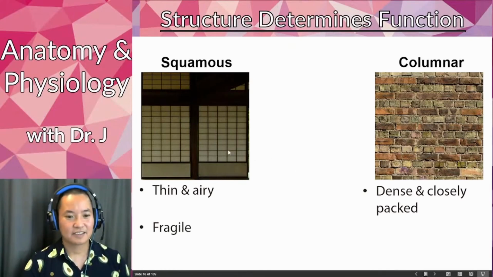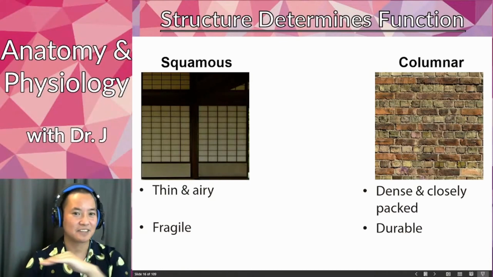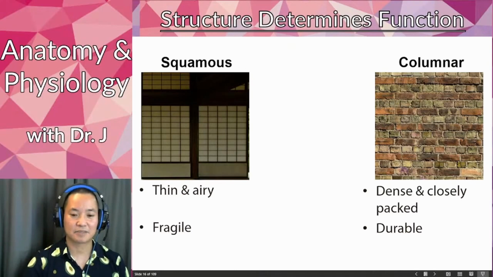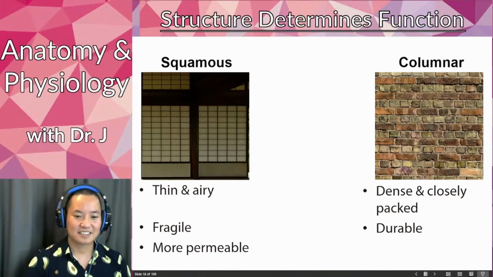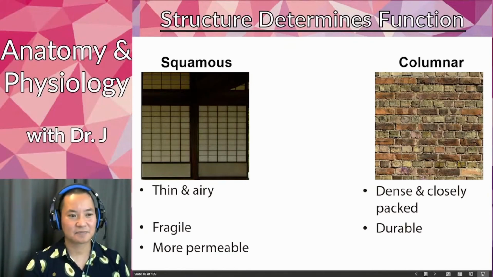Now squamous cells are very fragile and columnar are durable, because a squamous layer of epithelial cells is very thin compared to this very thick columnar layer. Now the cool thing about squamous, we might ask, if it's delicate, why even have it in the first place? It's like having a curtain door or a rice paper door. It actually is more breathable,